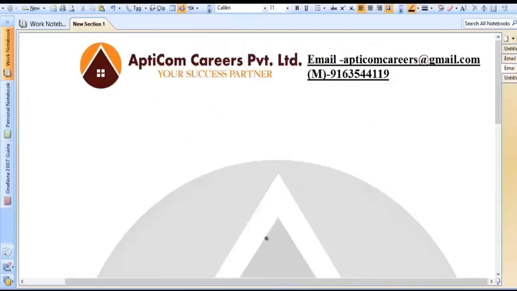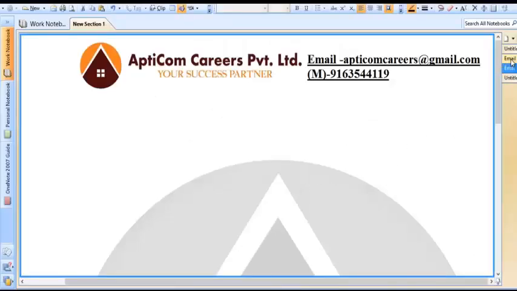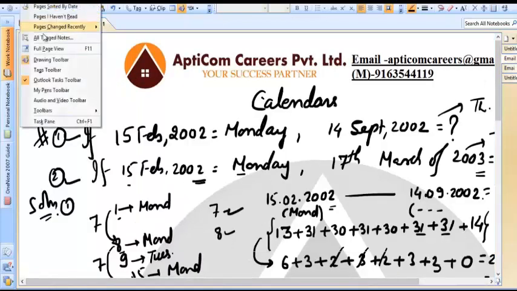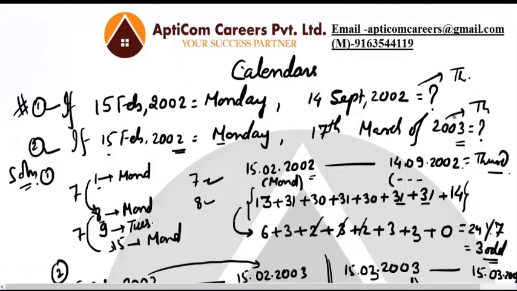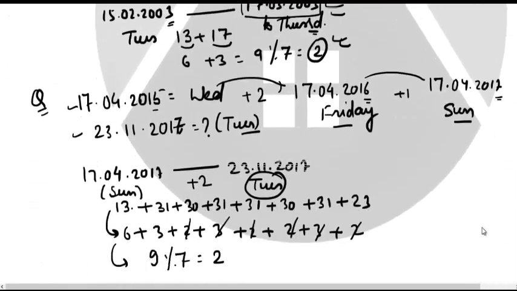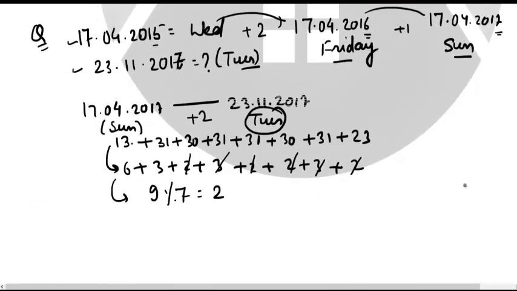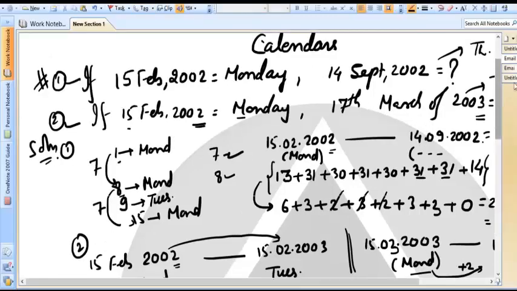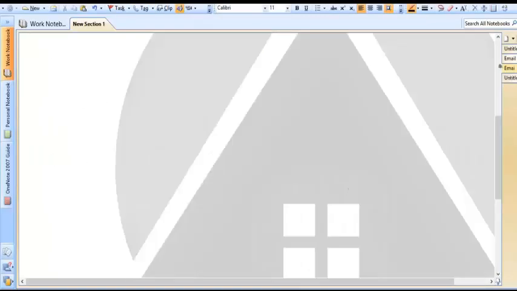Okay, let us continue. So far you have seen that given a particular date and a day, they are asking the day for some other date, right? So I have taken 2, 3 examples. Okay, so let us continue. Let me take a new page. All right,